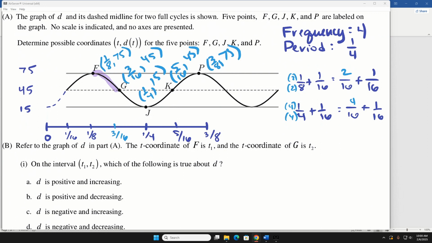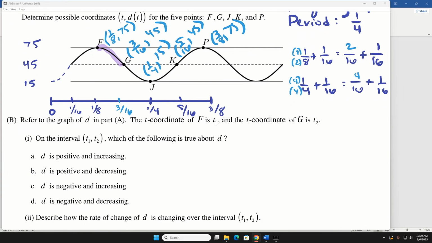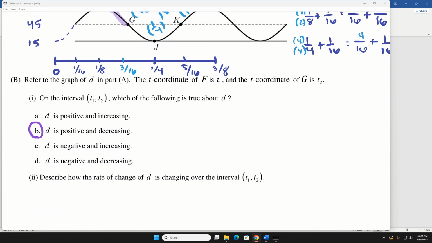All right, so B1 is always asking about what's happening with the Y values of D. So looking at the Y values in that section, what do you guys think? Positive, negative, increasing? Positive and decreasing. All right, and then part 2 of B is all about the concavity and what the rate of change is doing. So what do you guys think? What is the rate of change doing? Decreasing. And you technically only have to write decreasing and you will be fine, but if you want to make it good,